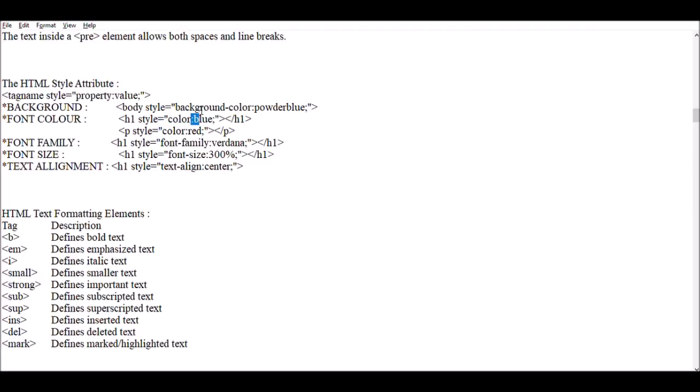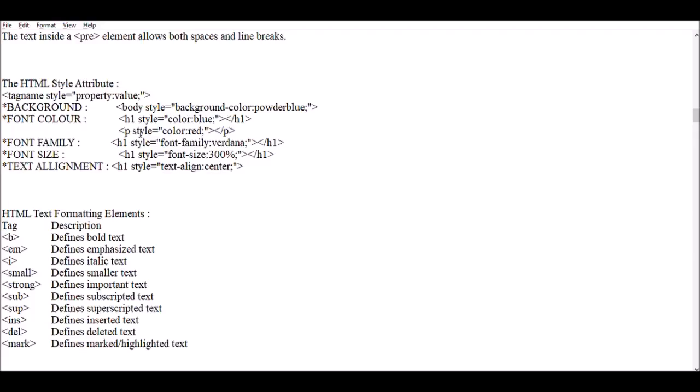You set the color to blue, then the font color of all the h1 elements present inside your web page will be blue. Similarly, for all the paragraphs present inside your web page, their font color will be red.